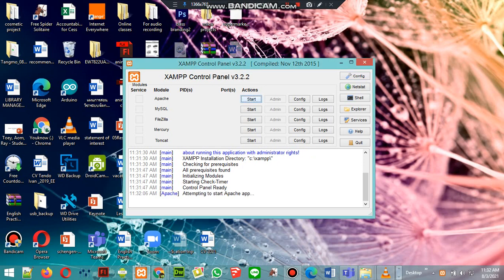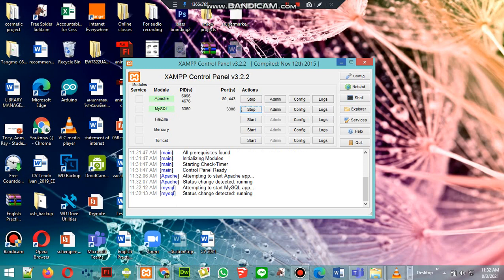It might take some time to start, and once it does, you start the Apache. That's the server software, and then the MySQL. That's the database software. Once you have that done,